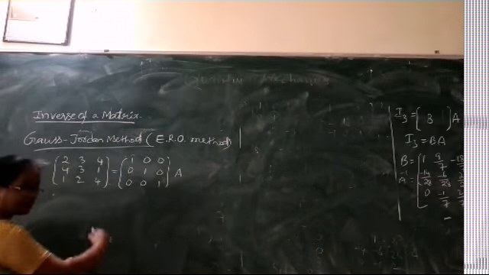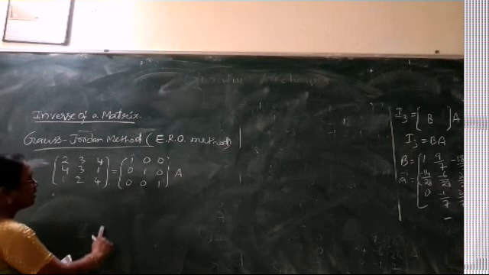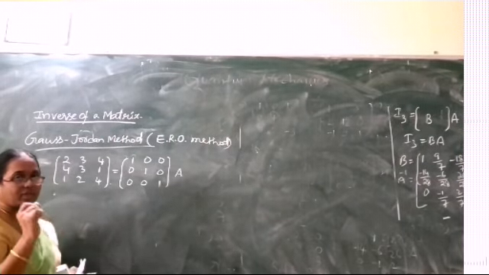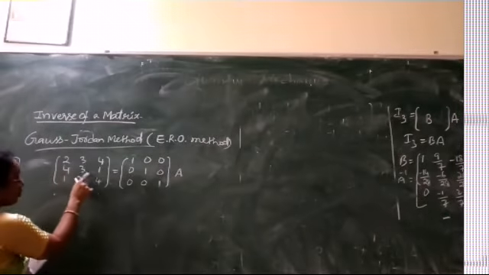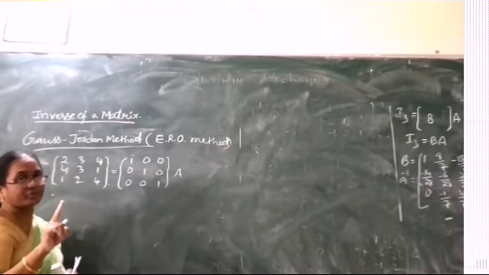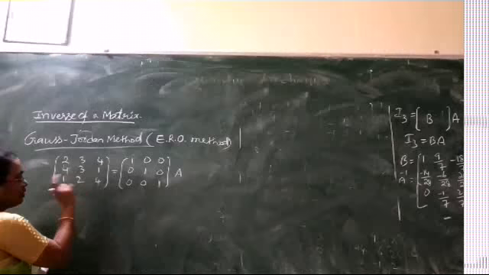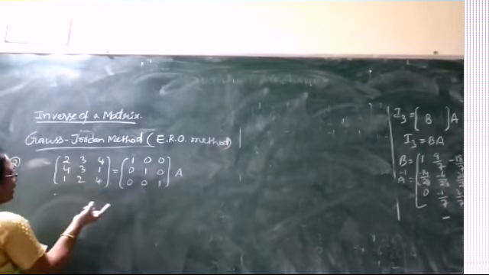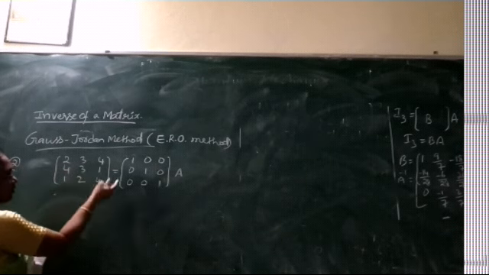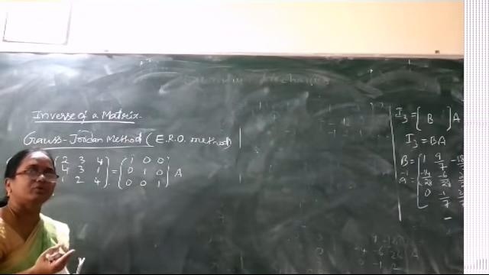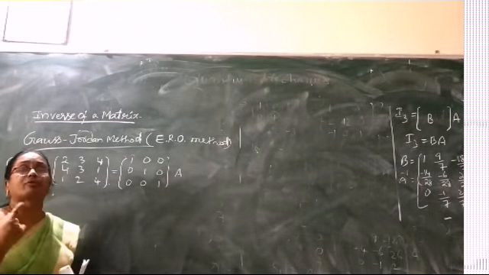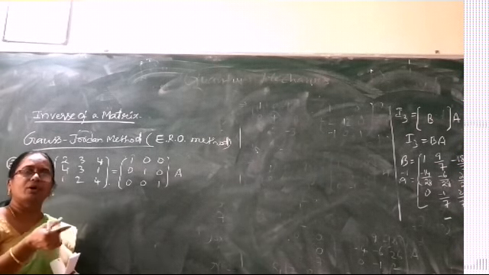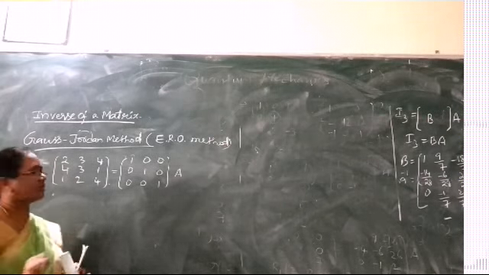And how can we do all that? By applying step by step a set of row operations, every time concentrating on the pivots, provided they are non-zero. If the diagonals are non-zero, only then we can have the continuous process. Once in any problem one or more of the diagonals are zeros, then what we have to do is go with the interchange of rows, so that we make the required pivot non-zero, and then we apply the same process, right?